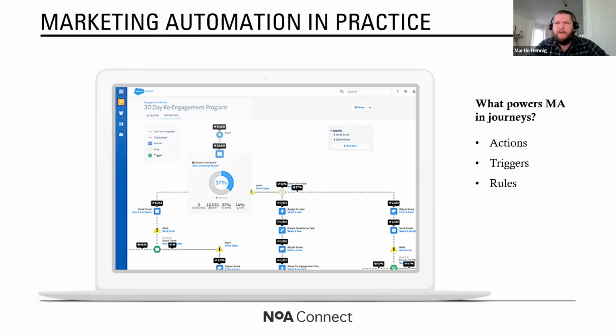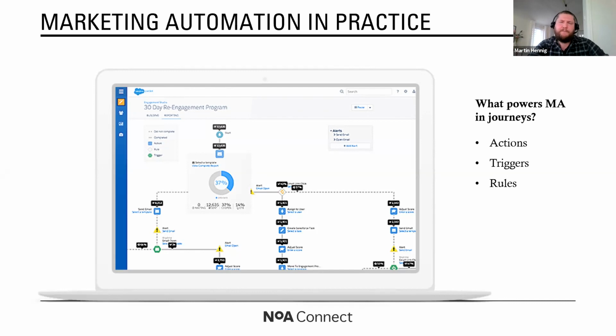So very, very powerful. And I know it can look quite overwhelming, right? When you start it, when you look at it this way, but it's step by step, a very, very clear logic that you can just figure out. And again, the beauty is you only have to do it once, right? Those type of programs, there's no difference if you have 3 people in it or 300,000, right? You only have to set it up once.